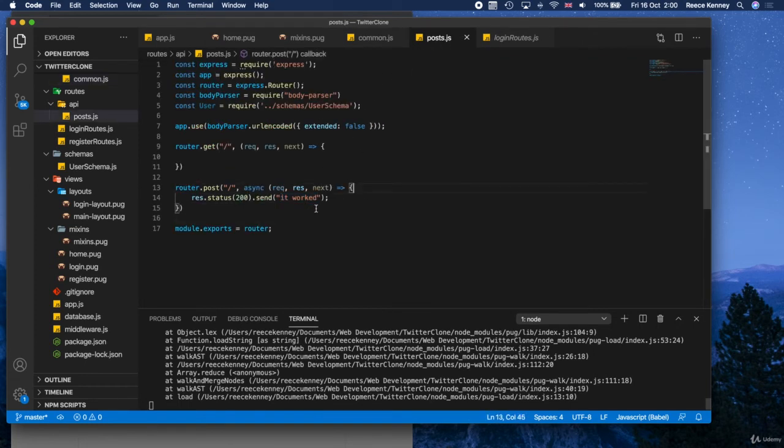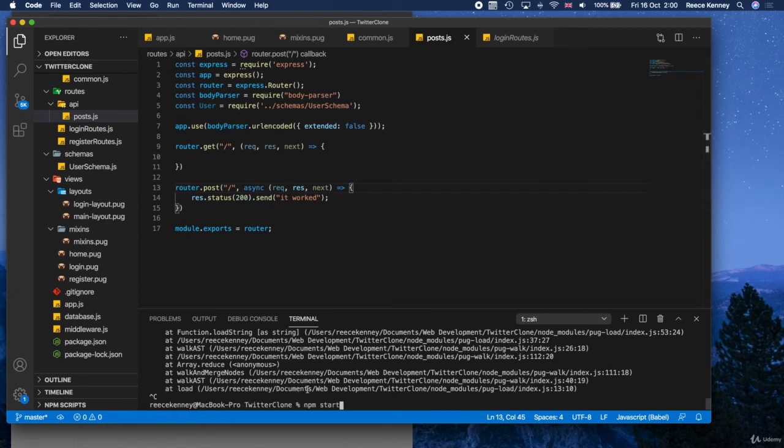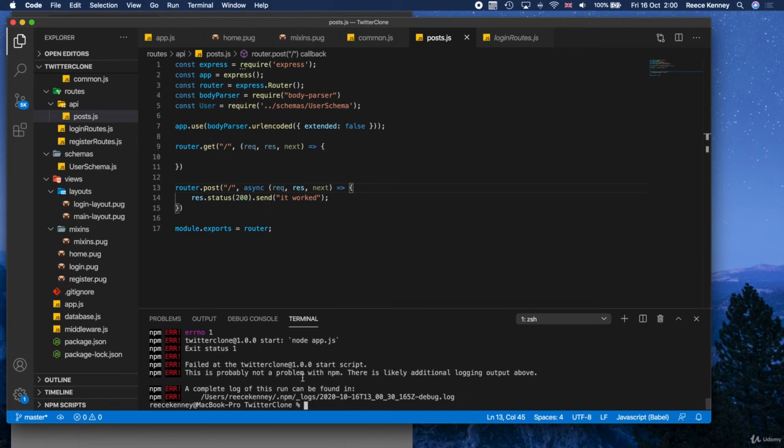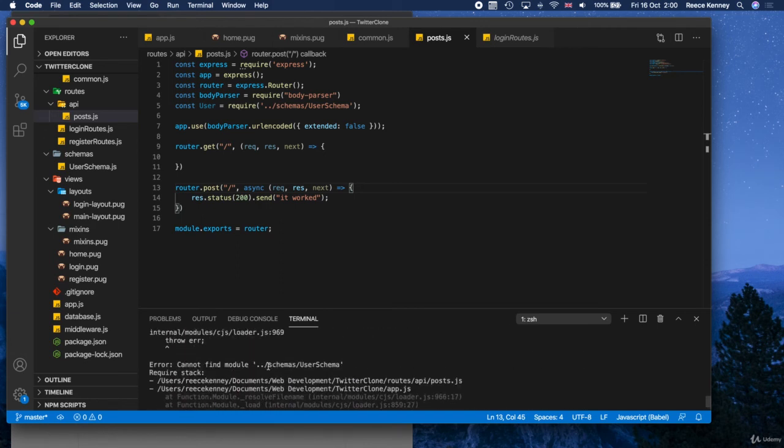Let's try it out. Okay, so I will kill the server instance and I'll start it again, and we have an error. Awesome. Let's find out what it says. So, oh, it's looking for the user schema. Now, of course, in this post file, we are an extra folder deep. So to access the user schema, we need to go an extra level up. So just add another ../